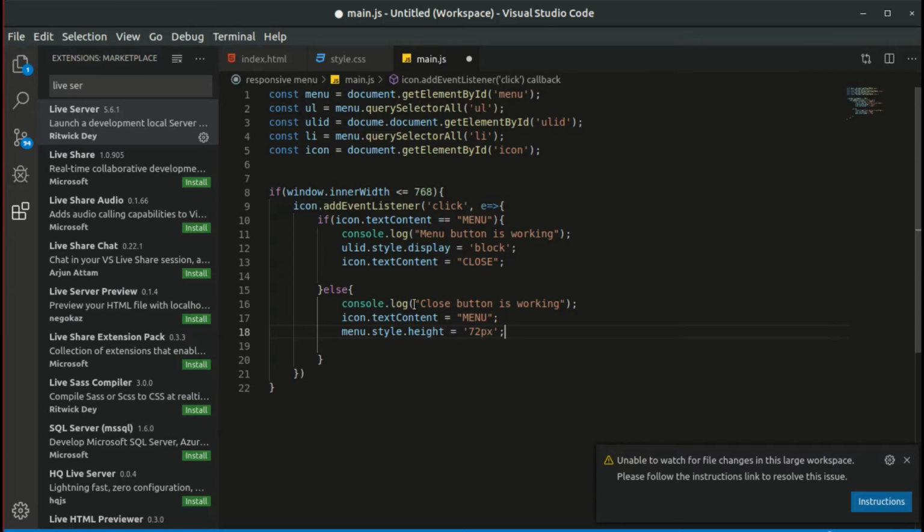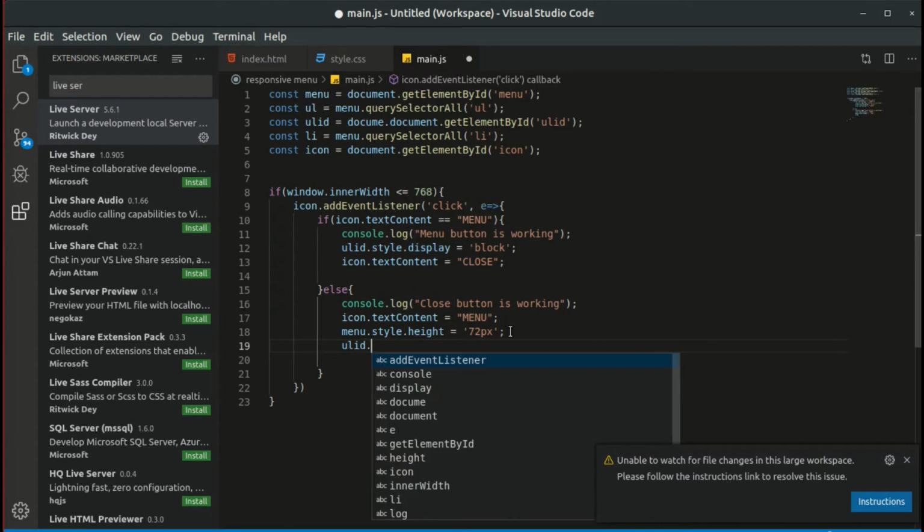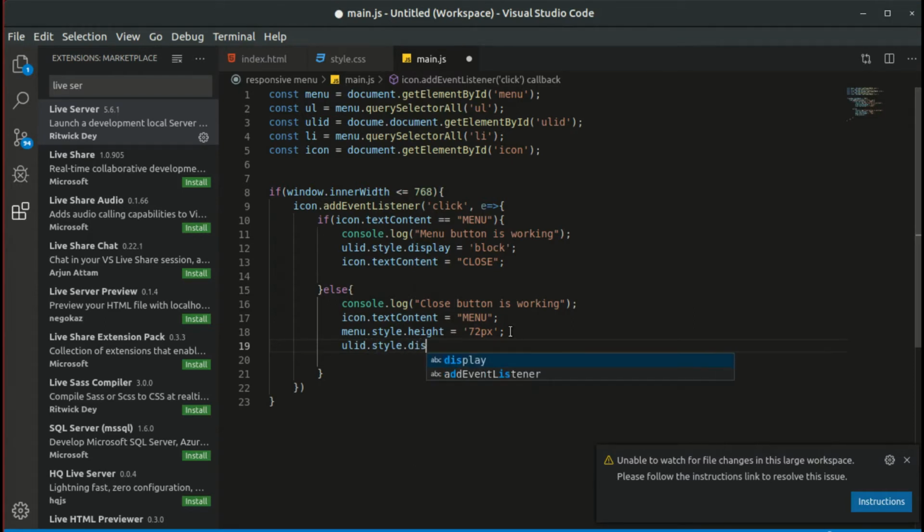That means when our icon text content is close and we are clicking on this button, that means we are clicking on icon, our icon text content will be menu and menu height will be 72 pixel. ULID style dot display is equal none. Okay, save,